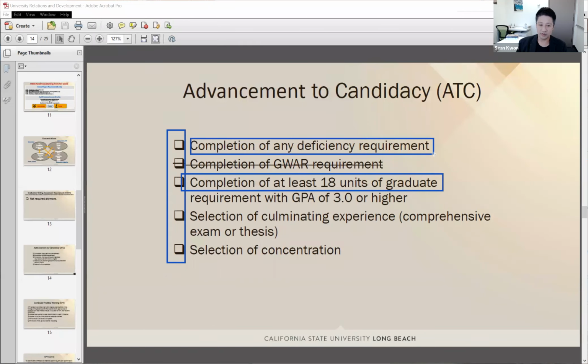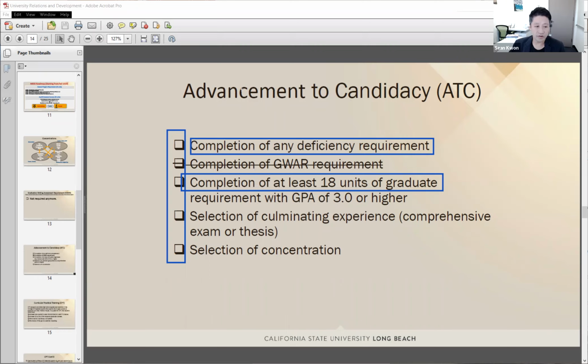When you received your admission letter, it described your deficiency classes. If you need to take some classes, they are usually EE 300 level classes, but it also includes one 400 level class. So if your admission letter describes deficiency classes, you need to finish them within 2 regular semesters, because we regard them as essential background knowledge to follow any other graduate classes.